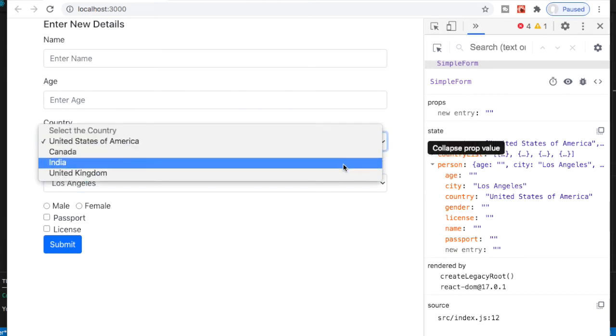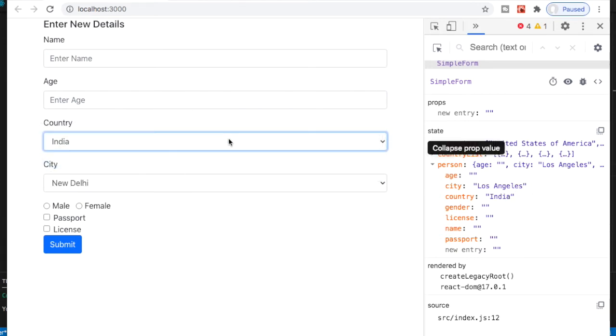If I change the country here, if I make it India, now there is a certain problem here that it is showing New Delhi here and the city is Los Angeles. So what we should have done here is that ideally once India is chosen, the city should have become empty. So what can we do here?